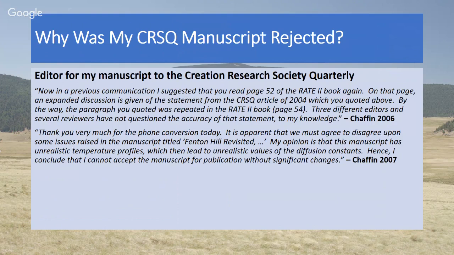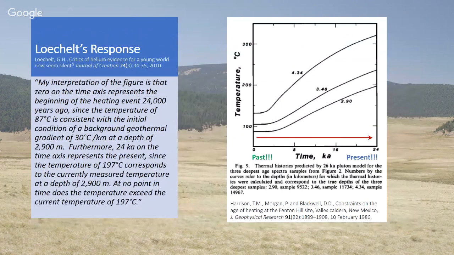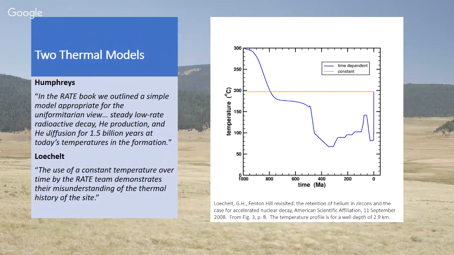So just to go back here, what he's saying is this constant temperature used by Humphreys is realistic because he published it. He was the editor when the other paper was published, so he published it. So this was considered realistic. Something like this was considered unrealistic. Now, granted, I had a more simplistic model at that time. It was a little bit more box-like.